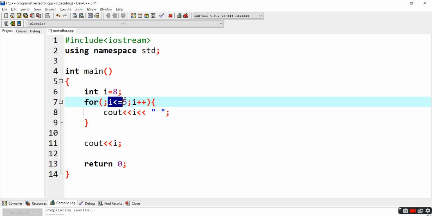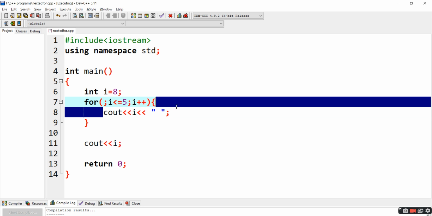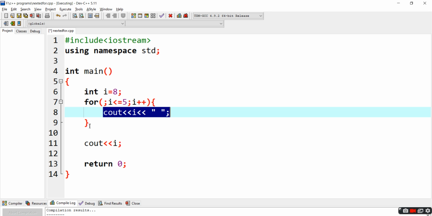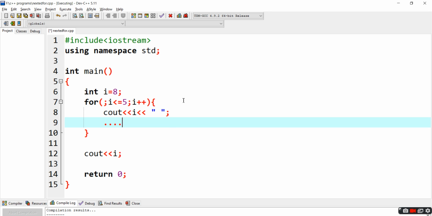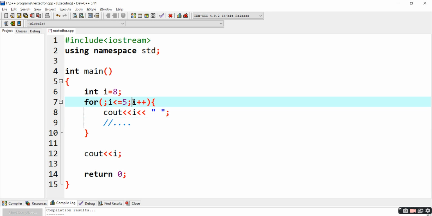It will come to the condition part, and if the condition becomes true, then this cout is going to be executed. When all the statements inside this for loop have been completed, it is going to increment i plus plus.